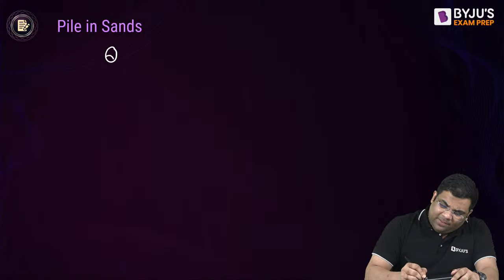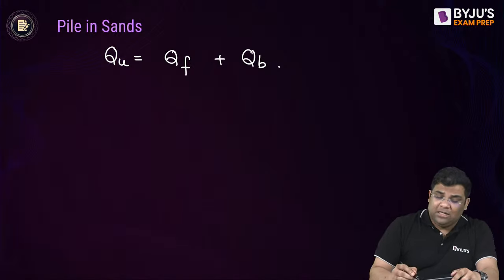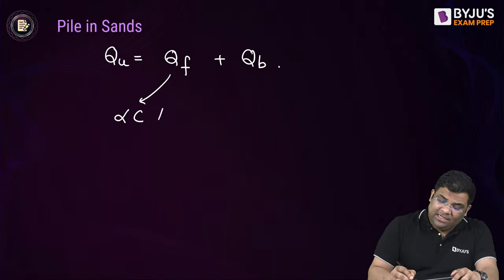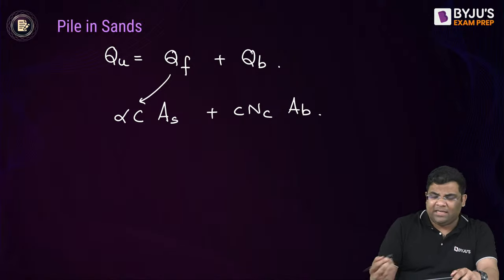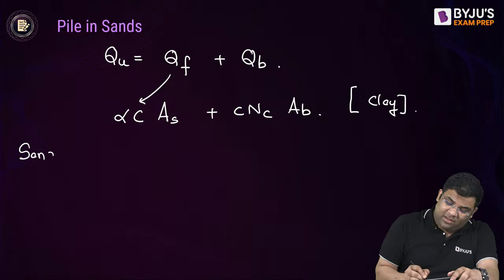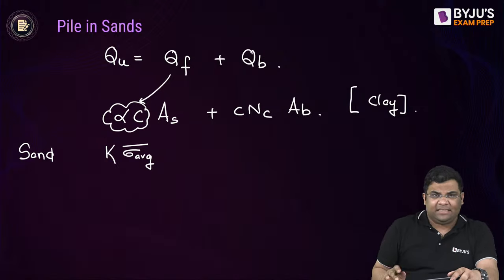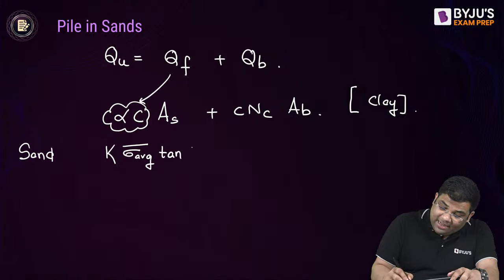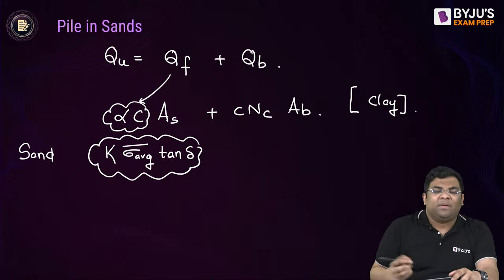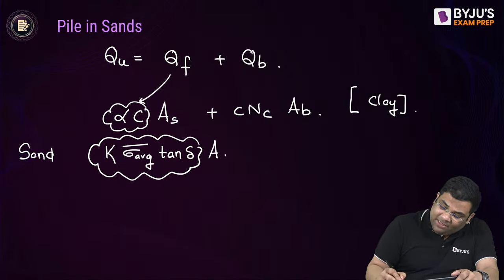In sand, the ultimate load capacity equation remains the same. Just what changes? The skin friction and base resistance. If you remember for clay, it was alpha C into surface area plus Nc C into base area. This was the equation for a single pile in clay. Now when I take sand, the equation will change slightly. In place of this alpha C, the equation will be K sigma average, the average vertical stress along the length of the pile, into tan delta, where K is the earth pressure coefficient and delta is the angle of friction between the pile and the sand, right? The surface area will remain the same, plus in place of this Nc C,